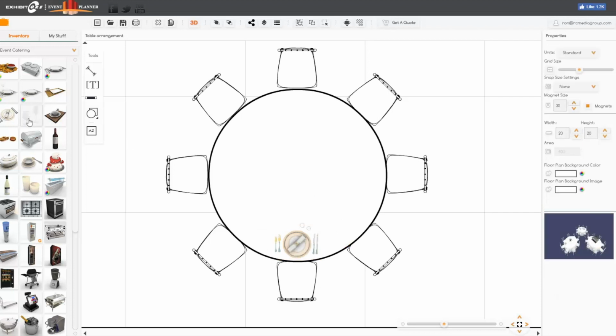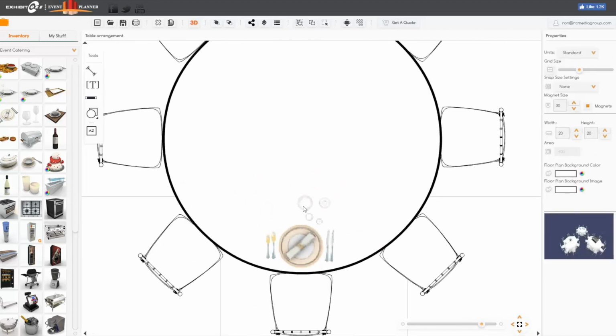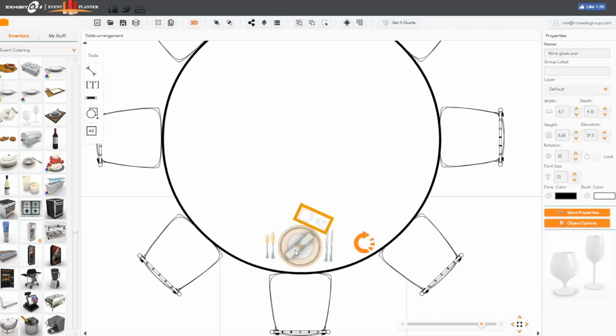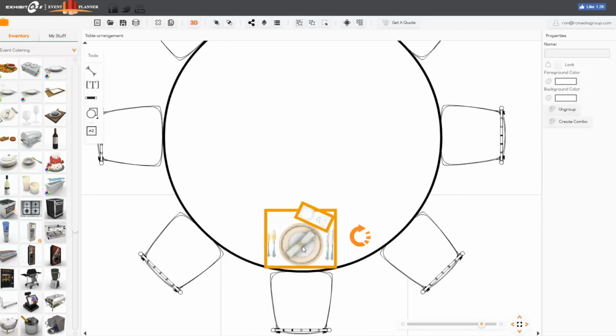Actually, in order to make that complete, I'm just going to bring in my wine glasses. And I'm going to group those two objects. The way you group it, you hold shift and you select both objects, hit group. Now it's a group,